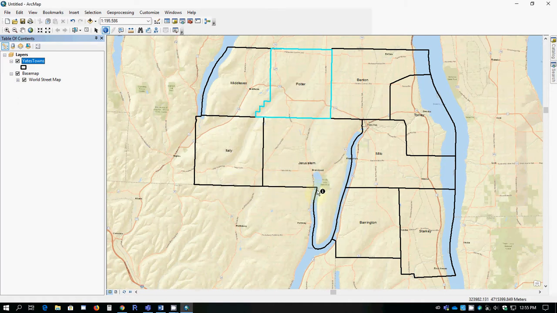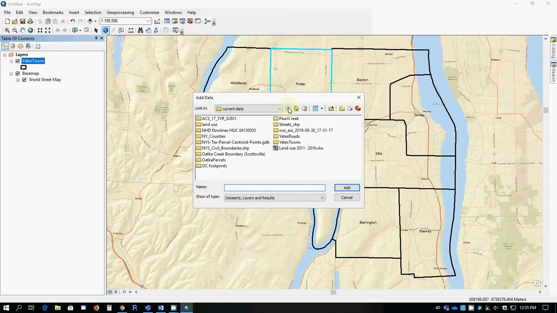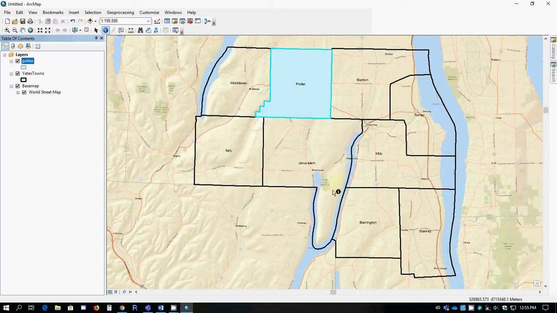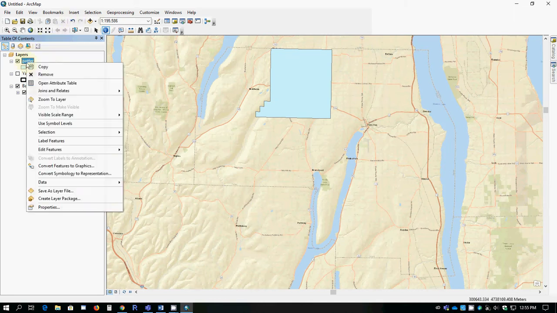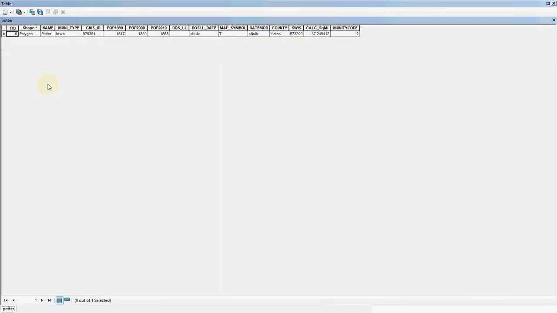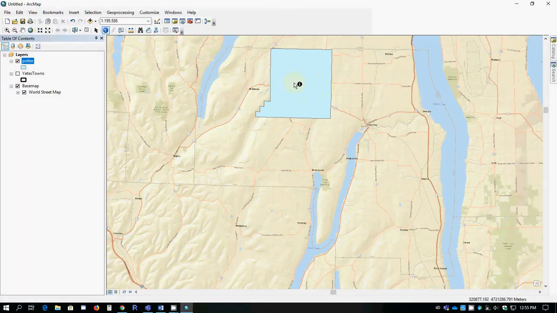And the result of that is that I now am able to have a layer that's only the town of Potter, as shown here. So there's one complete shapefile with only one feature, and that represents the boundary of the town of Potter. I've gone ahead further and